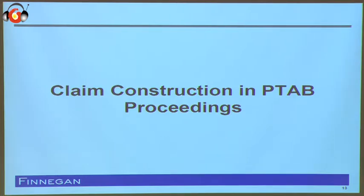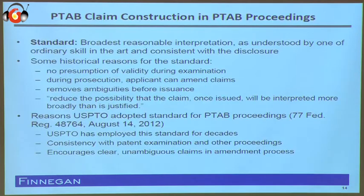So next I want to talk a little bit about claim construction in PTAB proceedings. In the earlier sessions today, Mr. Hannon and Judge Chen talked about the standards for obviousness. And I know that yesterday James talked about claim construction generally, and also including claim construction in PTAB proceedings. So some of this, again, I apologize if it's a little bit repetitive of what James said, but the standard in PTAB proceedings is a standard that essentially supposedly gets you a broader interpretation